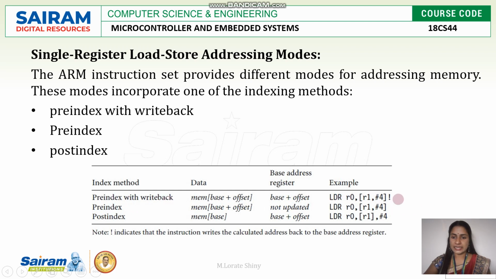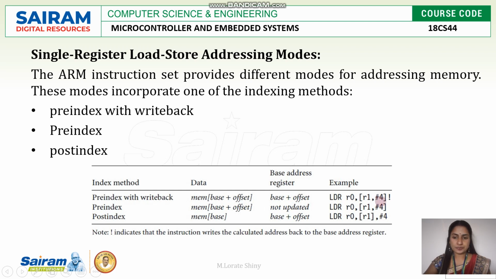So this is the instruction. LDR is the instruction. Then these two are the operands. The first operand is taken as R0. Any one register we can use, any register from R0 to R12. They have taken R0 as an example. Then the second operand is the memory. Whatever is written inside the square brackets will be considered as memory.